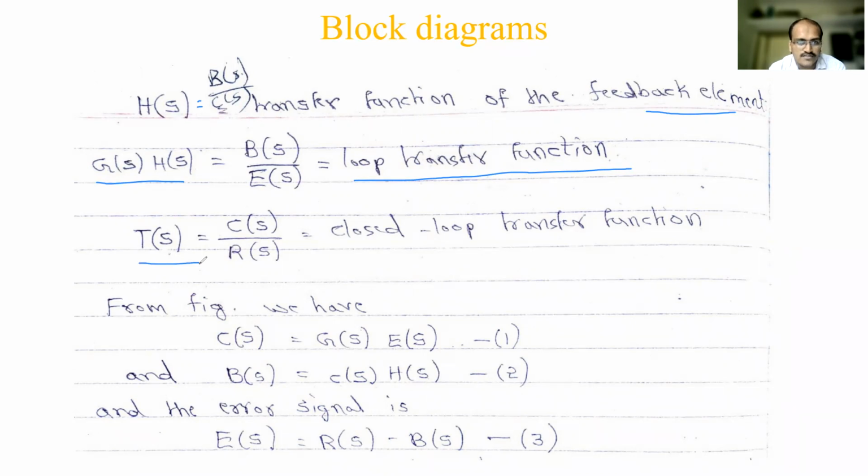Then T of S is the overall transfer function, or overall system transfer function. That's what we defined first, that we call T of S. This T of S is nothing but the final C of S, the actual output, over R of S, the reference input. This ratio is called the closed loop transfer function. So these are all the terminologies I tried to define. What is asked in the question? Derive the closed loop transfer function of a simple closed loop system.